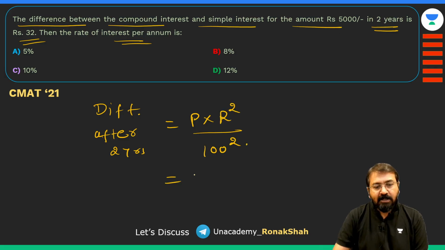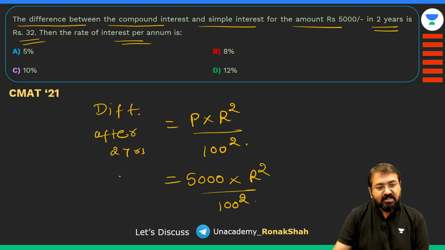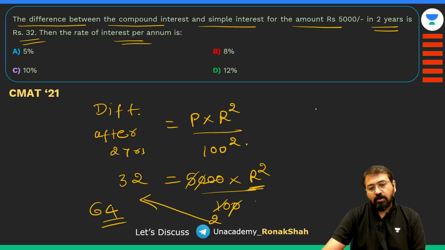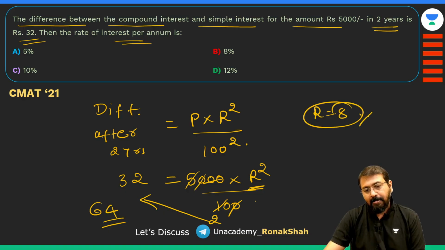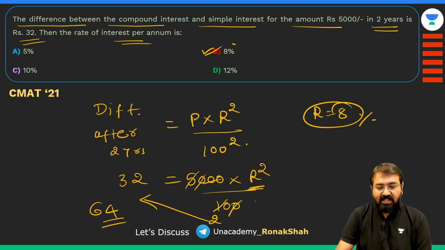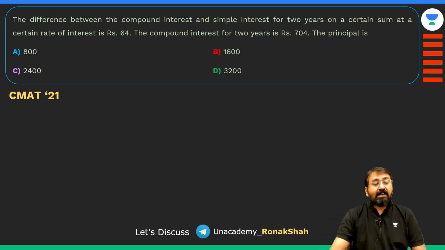तो यहाँ पे प्रिंसिपल आपको दिया है 5000, R हमें फाइंड करना है अपॉन 100 स्क्वायर, और डिफरेंस हमें दिया है 32। तो 100 तो यहाँ भी कैंसिल हो जाएगा, तो बचा आपका कितना, यहाँ पे 100 बचा, ठीक है। फिर 10 यहाँ पे और कैंसिल होगा, अब यहाँ पे 2 आ जाएगा, तो 32 इंटू 2 कितना हो गया, 64। सो R स्क्वायर इज़ 64, तो R कितना आ जाएगा, 8 आ जाएगा। सो 8% टिक करो, इज़ी क्वेश्चन था।